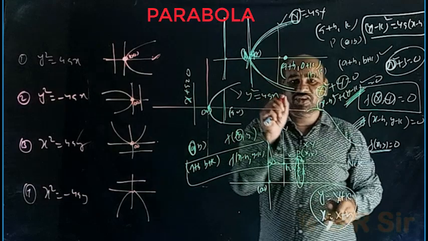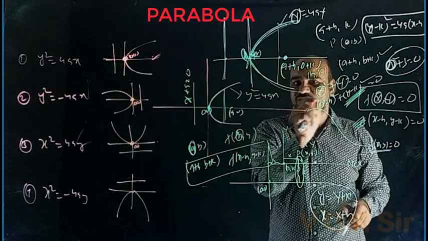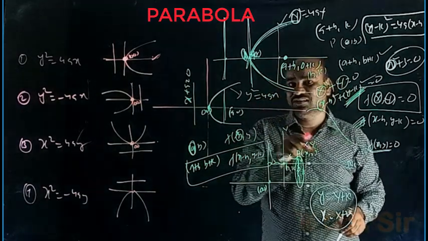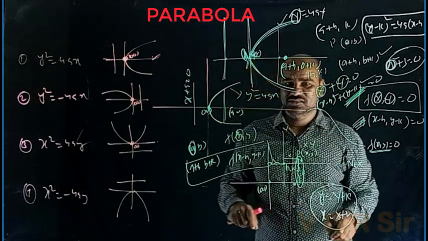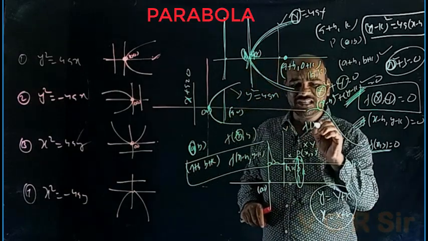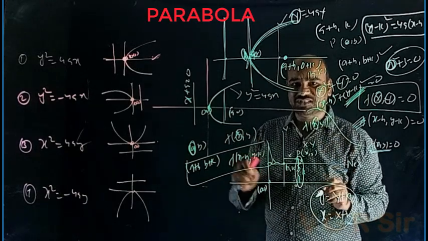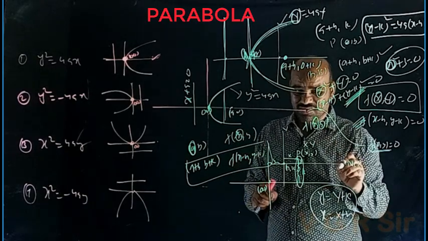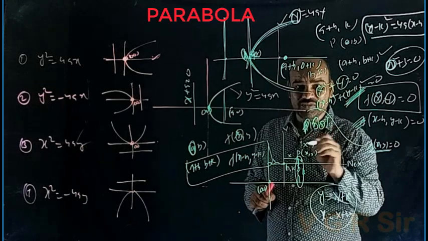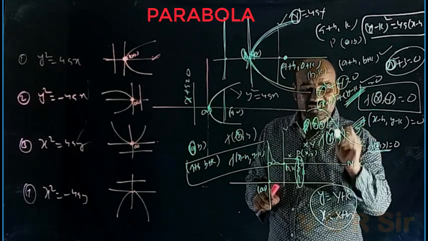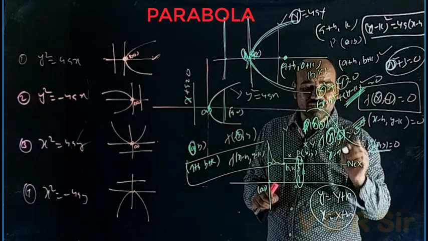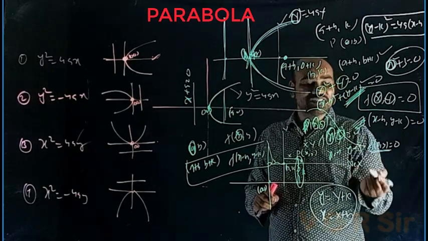Equation means instead of x you write x minus h, instead of y you write y minus k. Point means instead of that point you write a plus h, instead of b you write b plus k. Or if the point is taken as x comma y, instead of x you write x plus h, instead of y you write y plus k. For example, if the equation is given as f of x comma y equal 0, instead of this x you write x minus h, instead of y you write y minus k. What is the reason I explained?